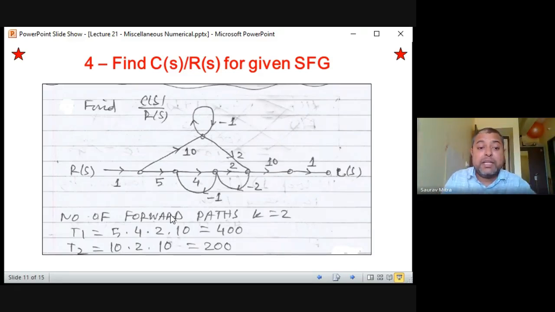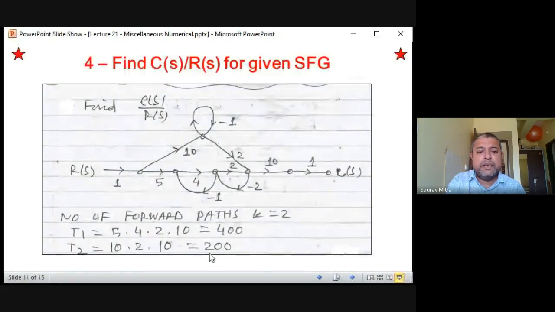And this actually will give more chances of error, because what is a forward gain? It is 1 into 5 into 4 into 2 into 10, which is 400. So what is the forward path gain? It is 400. There is another forward path. How much will be the gain? 10 into 2 into 10. So it will be 200. Okay, so this is another forward path. This kind of numerical will not be in the book. I generally ask this kind of thing to increase the amount of error that is possible. Because if one, two or three is missed, sorry, you'll find that the answer will be different.